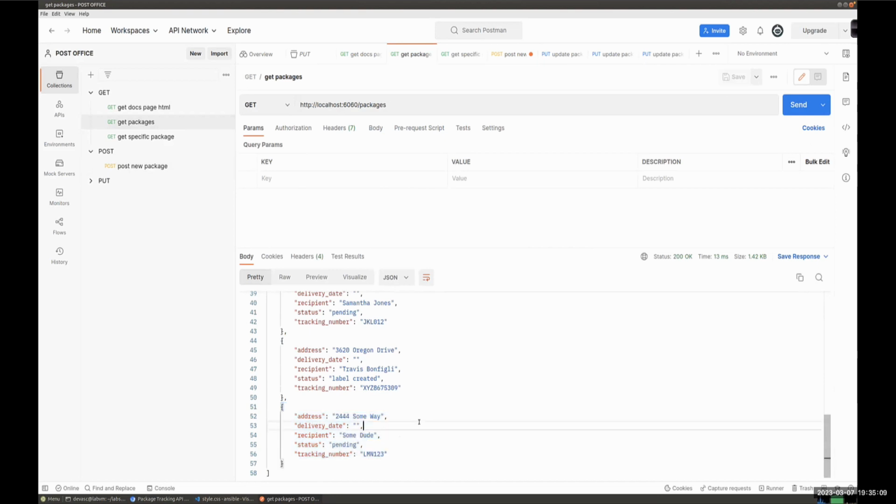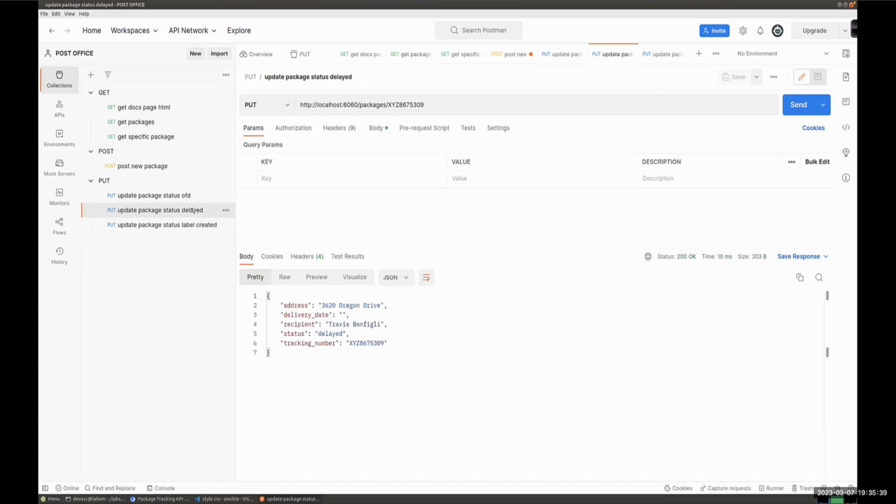So what if I want to update something in there? So you can see it's pending. So what if the label gets created? Well, for that, I can do what's called a PUT request. And so I created 3 different PUT requests that we're going to be able to look at here. You've got OFD, which is out for delivery. You've got delayed. You've got label created. So let's take a look at delayed. So how would I set that? Well, let's take a look at the body, and that's it. This is all I'm sending in with my PUT request, which is just changing one thing in the package I just created,